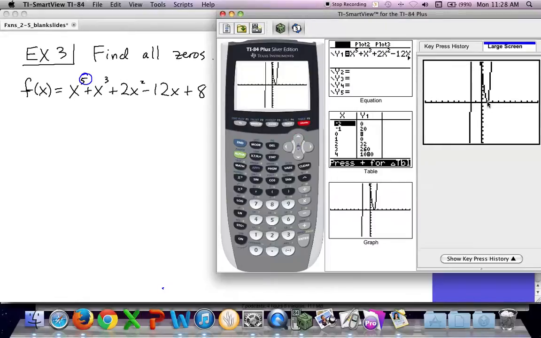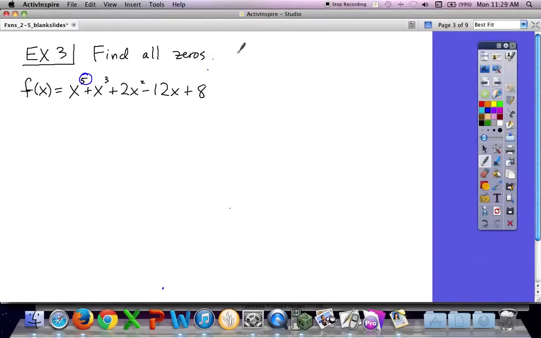these zeros don't look the same. At x equals -2, the graph goes right through -2, which means that the factor is changing sign when it gets there. When you see this kind of thing, at x equals 1, the graph touches the 0 and then goes back in the same direction. That means that the 0 is coming from a factor which is squared. So that's probably x minus 1 squared. So for our purposes here, that means that we are going to say we have found zeros of -2, 1,